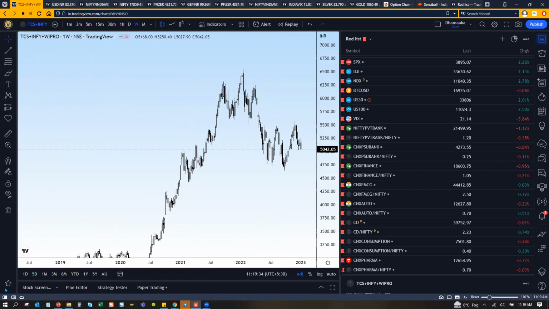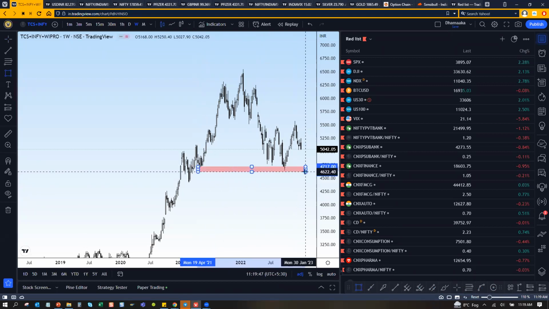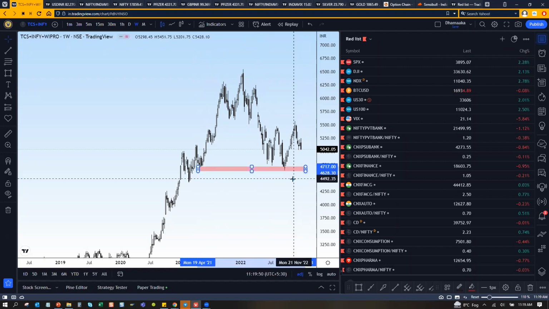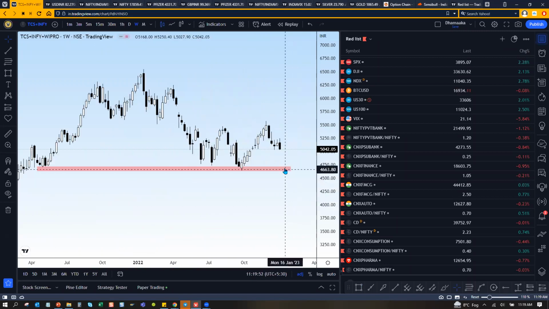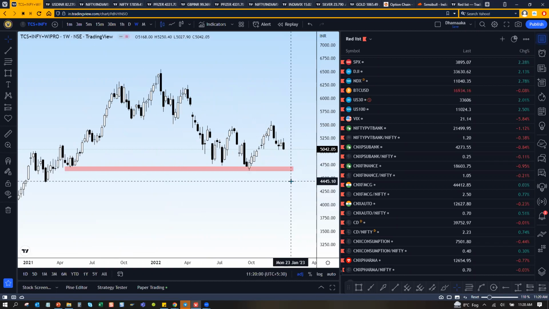For example, this star icon is for drawing tools. Once you click on the star icon, all my favorite drawings will come here automatically, and then I can clearly see by my eyes that this is the rejection or demand zone. Very simple stuff. When it's going to come here, I'll be very careful doing a short trade unless it breaks down further. I'll be having a slightly contra bullish buy over here. I'm just saying it, but this is how you have to approach markets differently, or can.